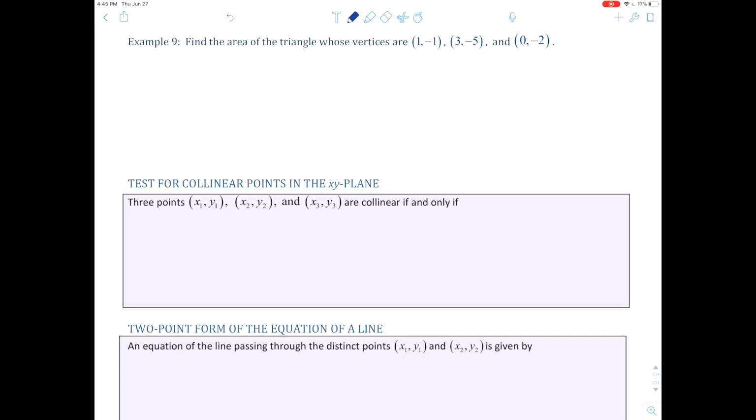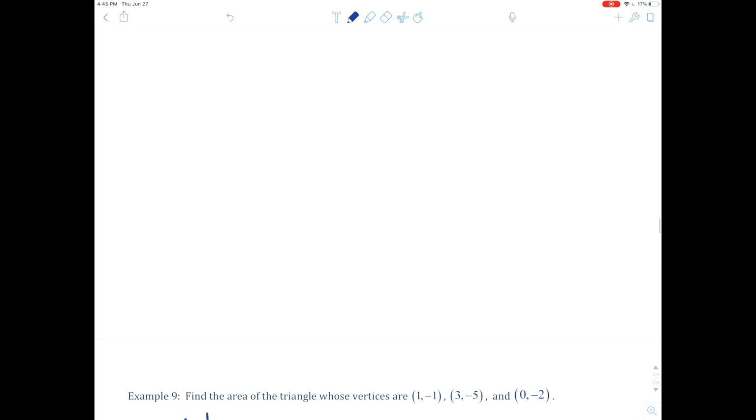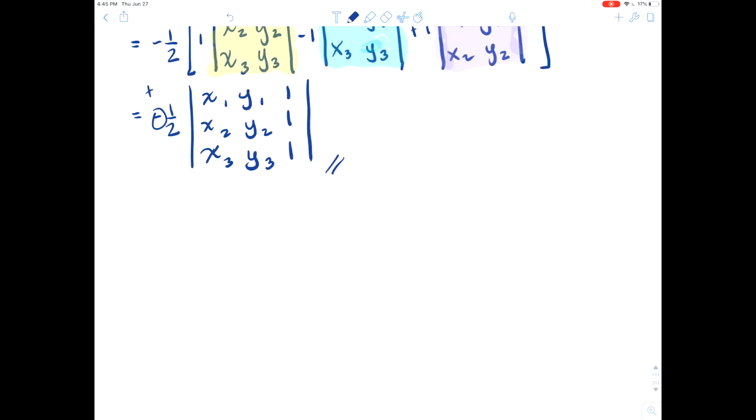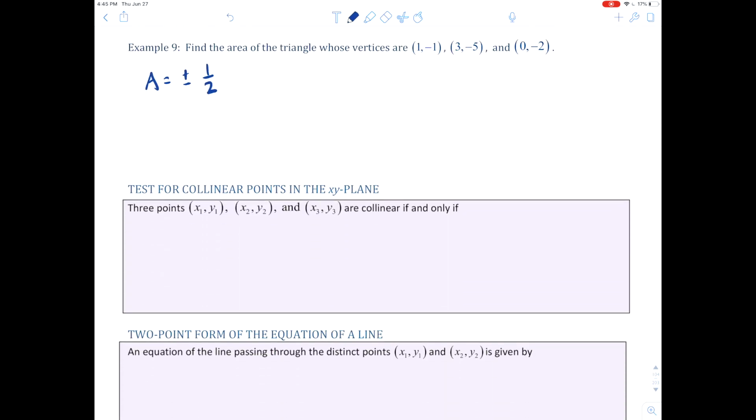Find the area of the triangle whose vertices are the following. So why don't you go ahead and pause the movie and try working this out yourself, and then start it up again and check how you did. Good luck. All right, let's see how you did. We'll have the area will be plus or minus a half. And by the way, that's where this plus or minus comes in. It's going to depend on if the determinant is positive or negative. So plus or minus 1/2 times the determinant of